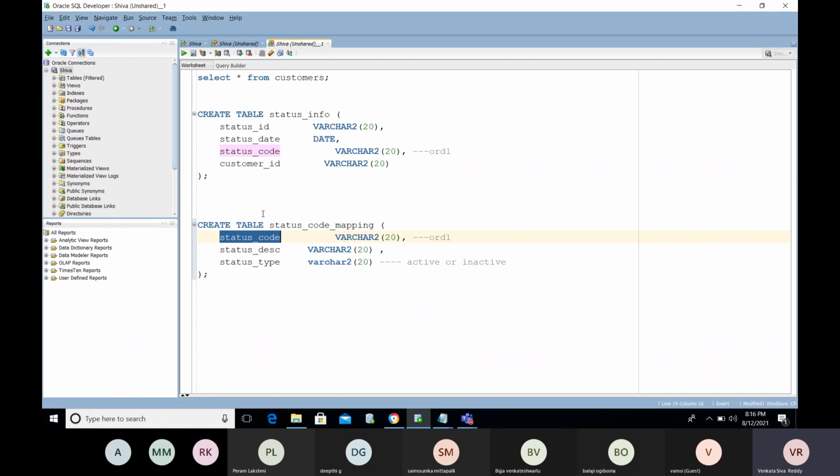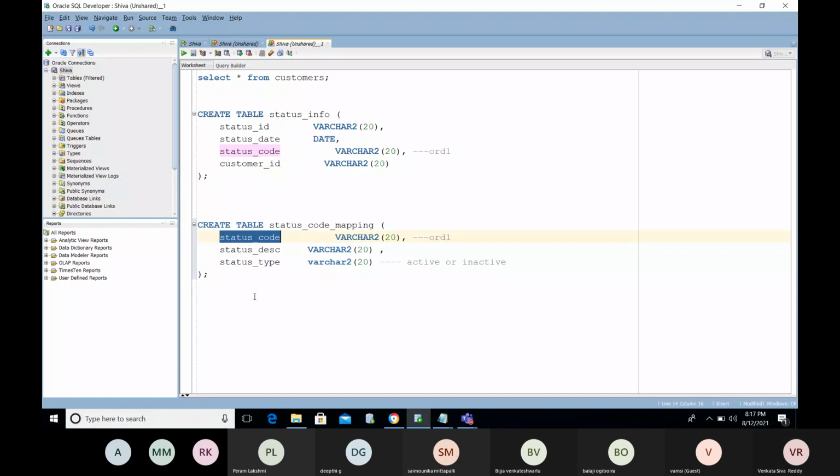For all the customers, maintaining the status code, status description, and status type is very difficult, suppose there are hundreds of customers. Maintaining three columns of information for every customer is a waste. So with a different table holding the status code and description one time, I can append it wherever I require using joins.